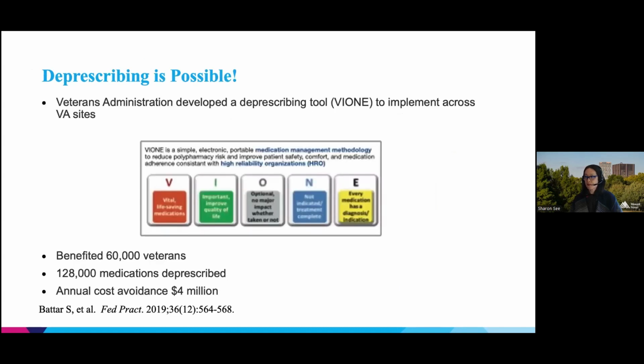Now, this is just an example of a myriad of studies on deprescribing. There is a lot of evidence out there that deprescribing is possible. This is one example where the VA developed a deprescribing tool called VIONE, and they implemented it across all of their VA sites. So they developed this tool, and this image is a little bit difficult to read, but V